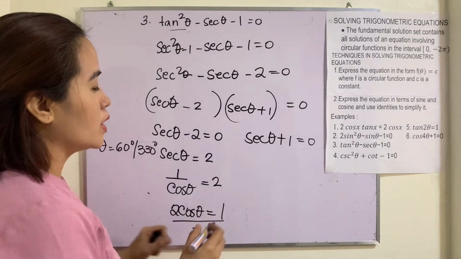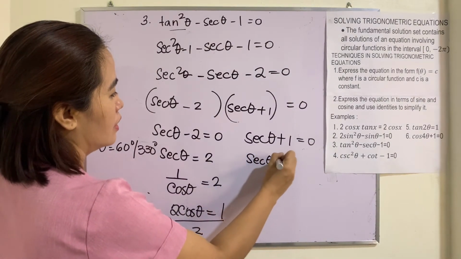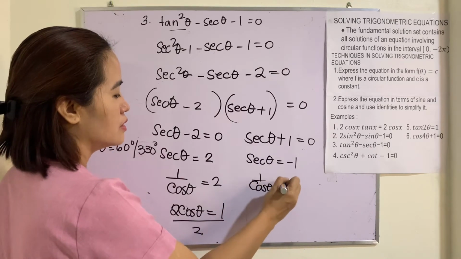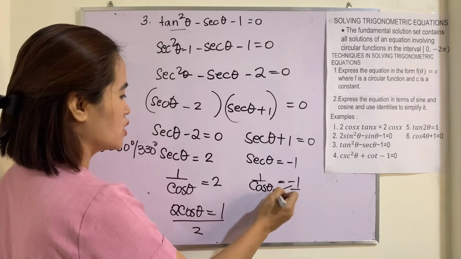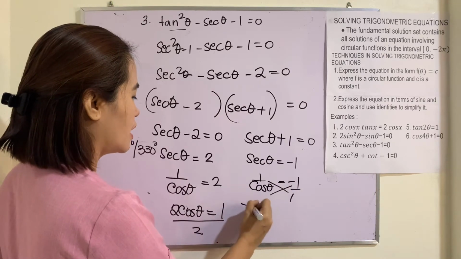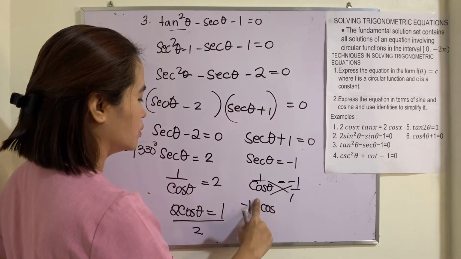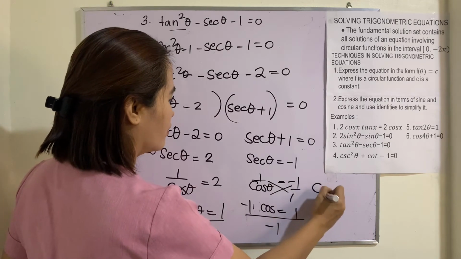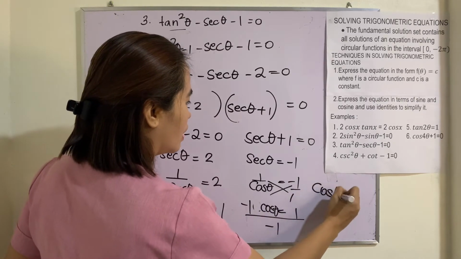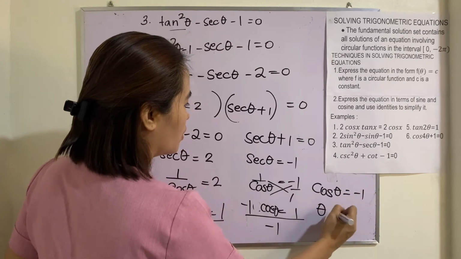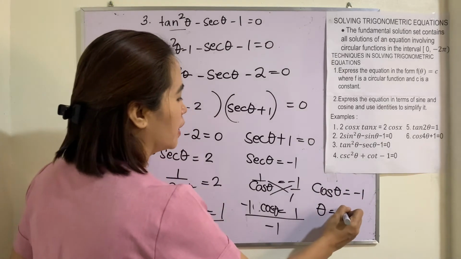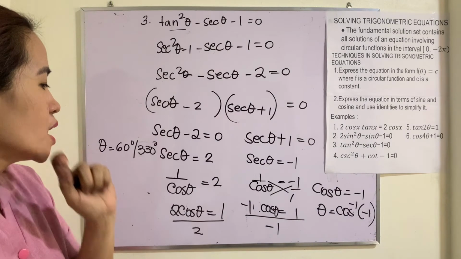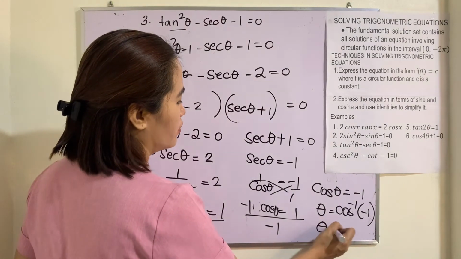For secant theta plus 1 equals 0, we have secant theta is equal to negative 1. So therefore, we have 1 over cos theta is equal to negative 1. We cross multiply. That is negative 1 cos theta is equal to 1. Dividing both by negative 1, we have cosine theta is equal to negative 1. So, getting the value of theta, we have arc cosine negative 1. And arc cosine negative 1 is equivalent to